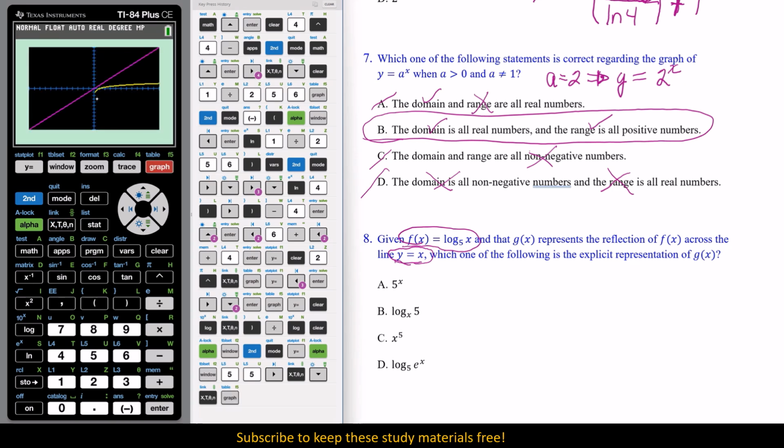Okay, you see what's going on. You have the bottom part where it's reflected. So we need the part that reflects over to the top. This should be familiar to you at this point. Okay, so the rule is, all right, let me get a different color. This log base 5 of x, that is actually the reflection. So that reflection should be 5 to the x, okay? Which is